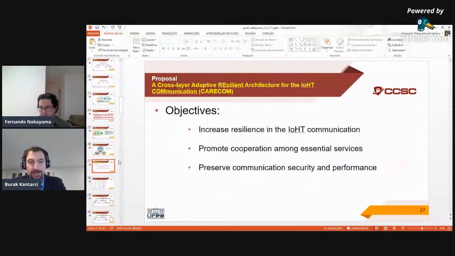So you are claiming that you are promoting cooperation among essential services here. Okay. Now, the question is, how are you going to verify that? You achieve this from a quantitative standpoint. So that's important. Doing things is one thing, but verifying the things that you have done is another thing, and that's the difficult part of a thesis. Exactly. I understand.